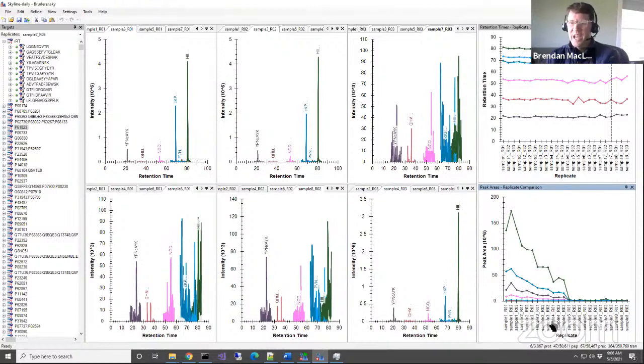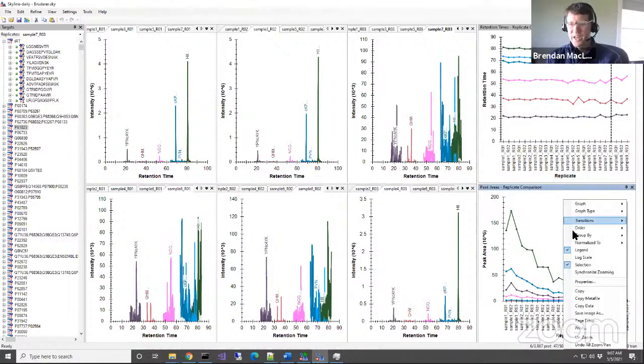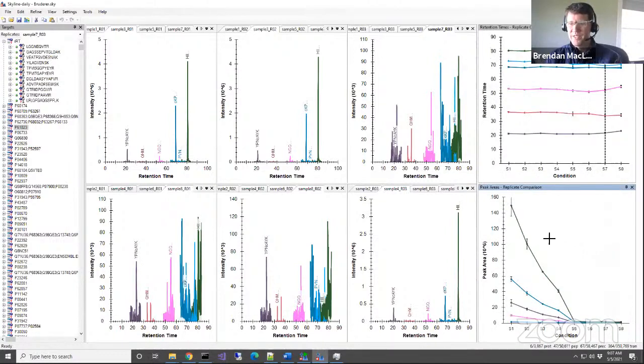These samples are a perturbation, so we're expecting some things to change, and this is very obviously a change. We can also group by condition, and that will give us fewer points and these whiskers. And now we can start to see, oh yeah,